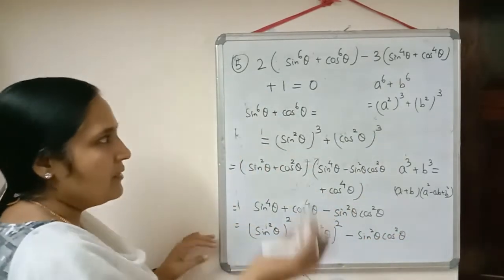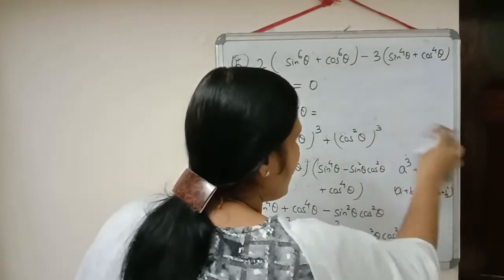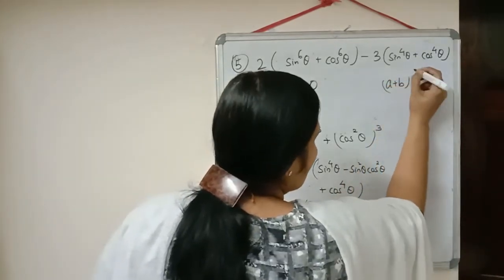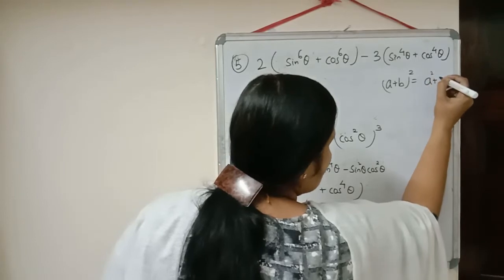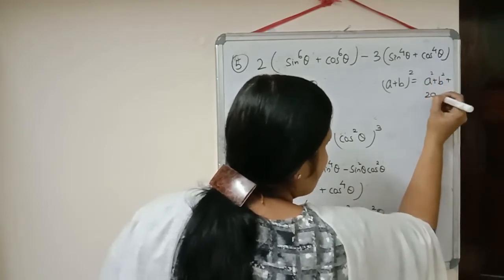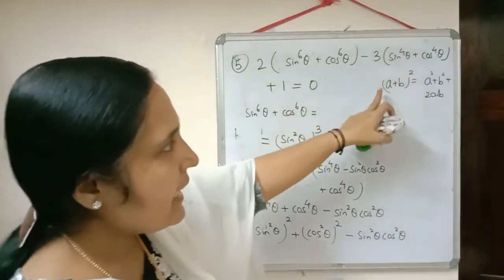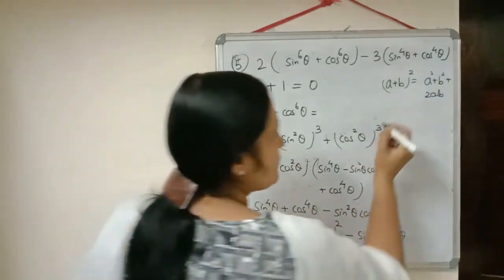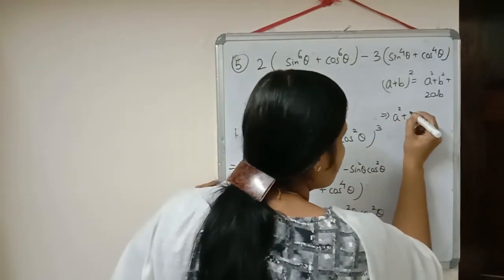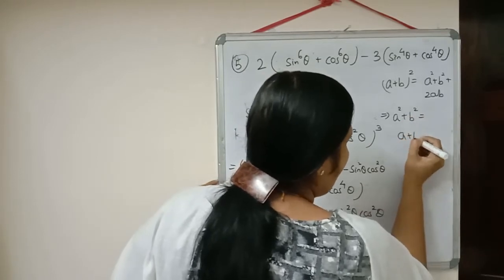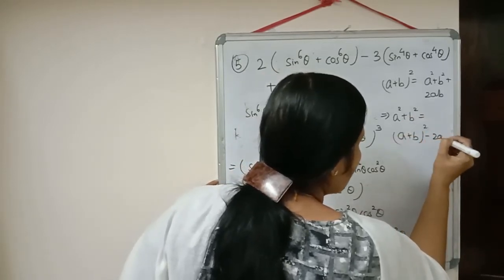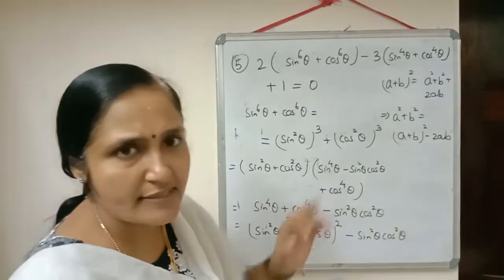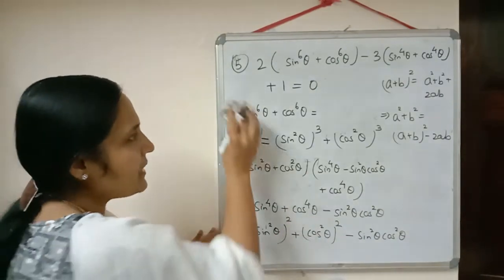Now, since we studied in polynomials, once again I can write there what I am going to do here now. We know the identity. A plus b the whole square is a square plus 2ab plus b square. So a plus b the whole square is a square plus b square plus 2ab. So, from this identity, a square plus b square can be written as a plus b the whole square minus 2ab. Correct? So same concept I am going to use here.